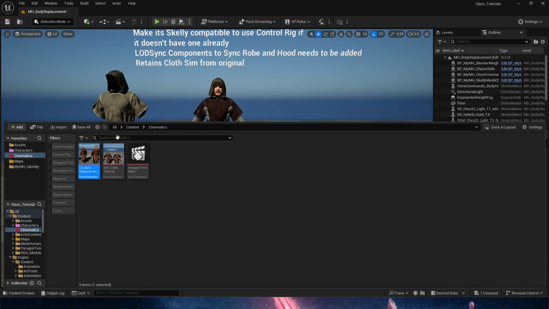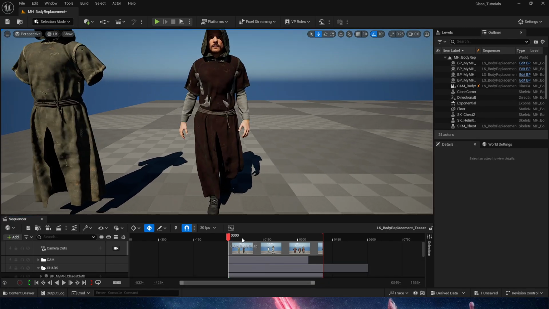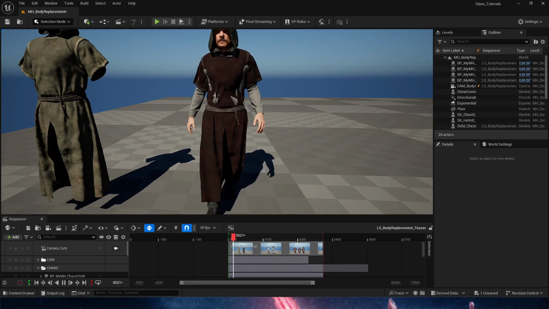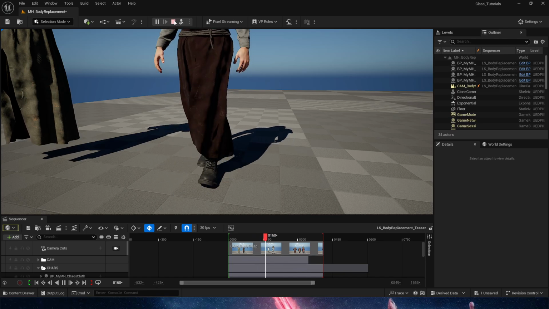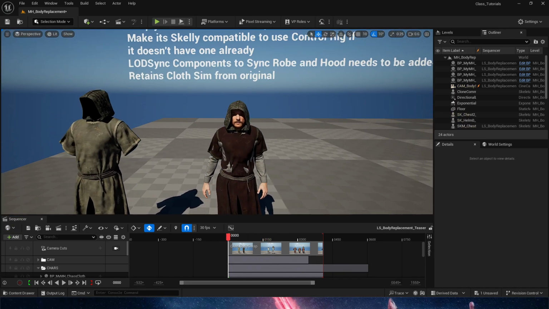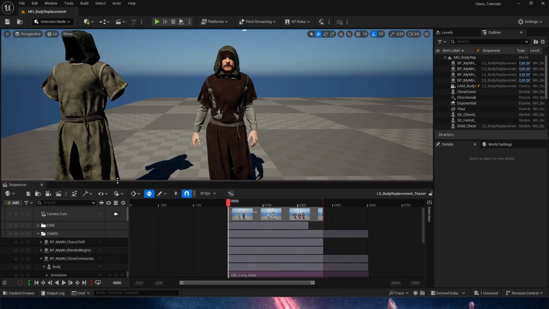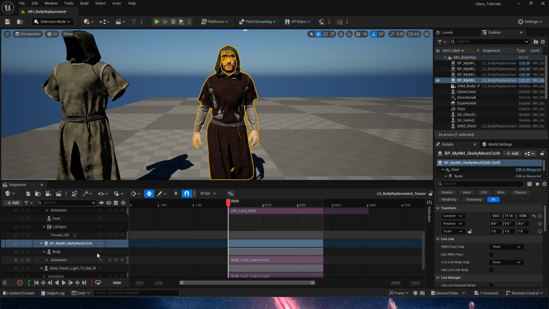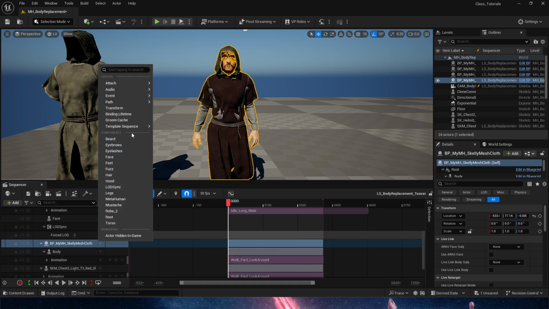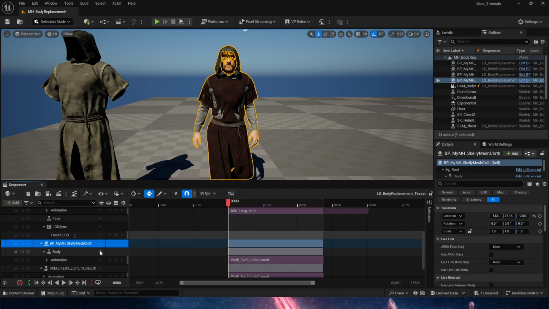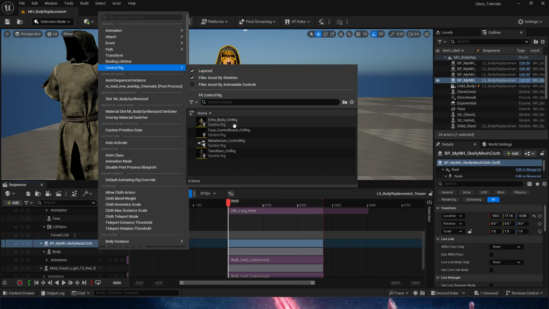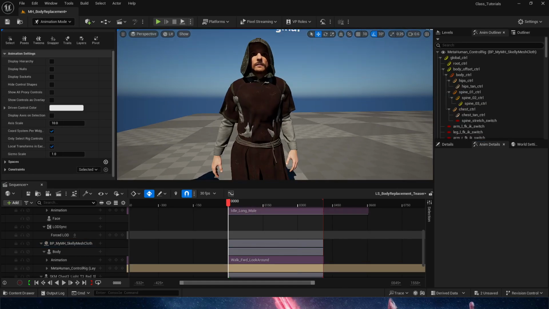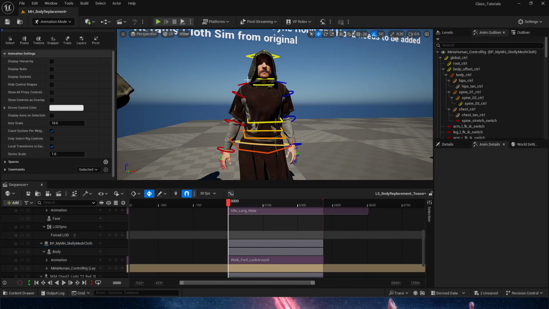if we now run the body replacement, since it's the exact same thing that I just did, this works. And if we run the simulation, we are going to see that the sim is working effectively fine. And one last thing we want to try to confirm that everything is working as intended. If we come in and check our new metahuman, I am going to be adding to the body, because remember the body is our new leader, a layer control rig, and we are going to use the metahuman control rig. And since everything is working as intended, if we come in here, press the G key, and